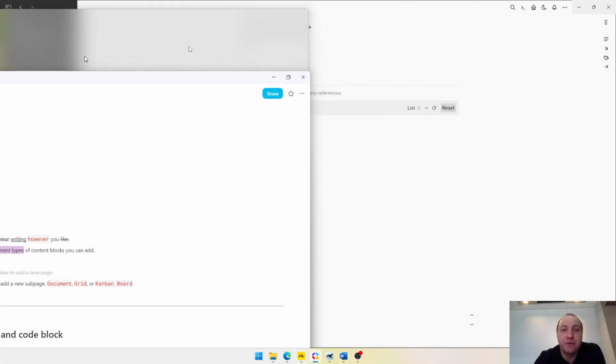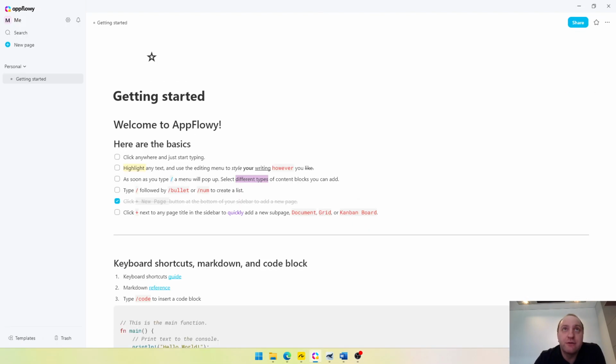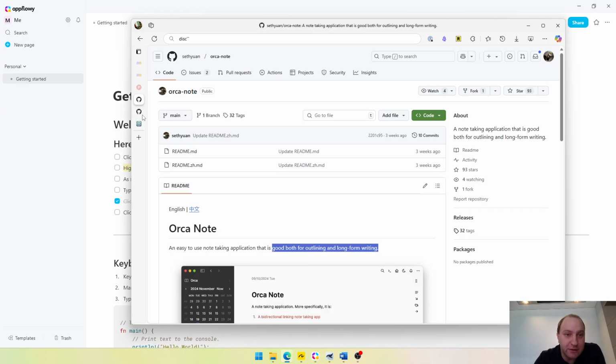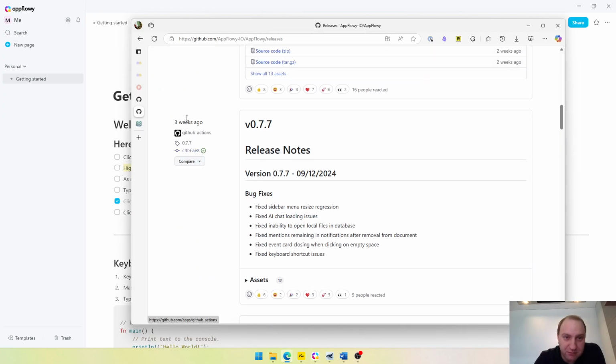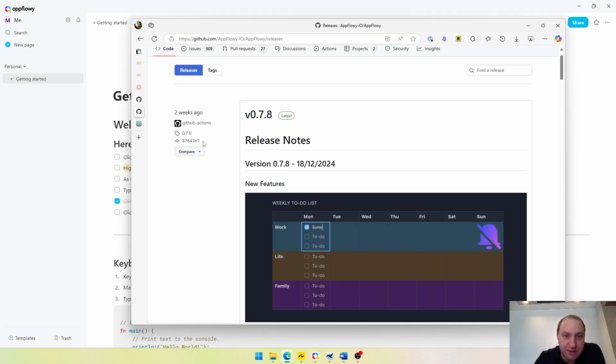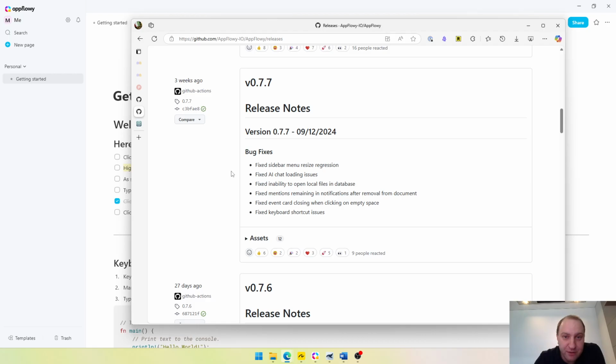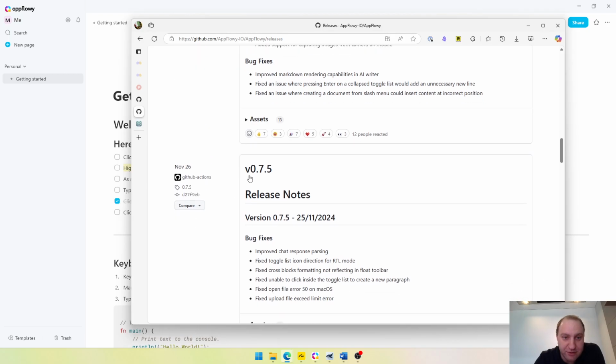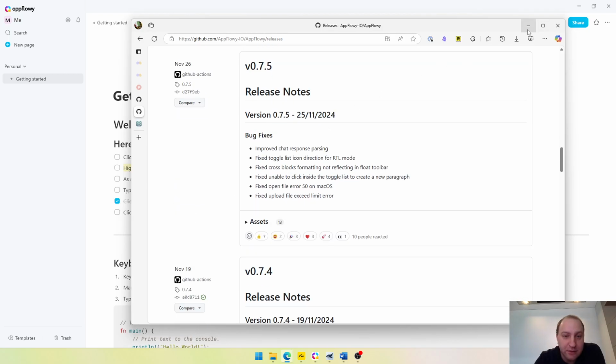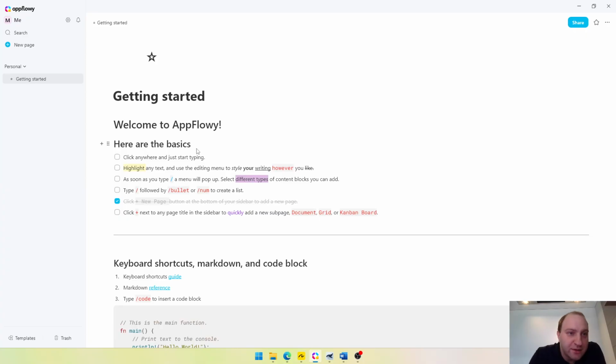So AppFlowy's been around for a while. Very frequent updates. If we just go here, this one here. So every few weeks or so, significant updates by the team. So a couple of weeks they did a few things, simple tables. 3 weeks ago, 27 days ago, late November, early November, etc., etc. You get the point. So you can have typical